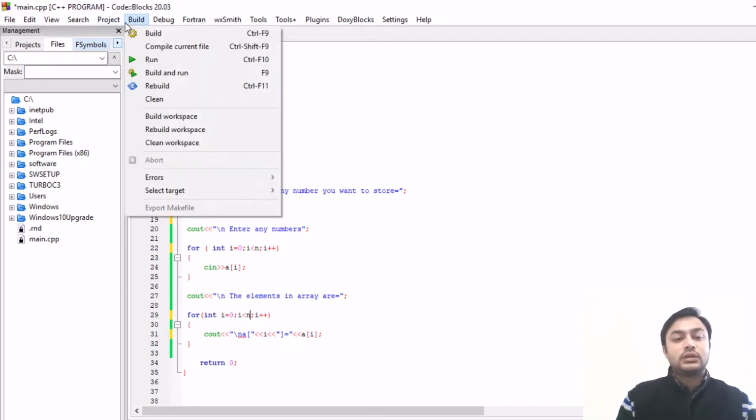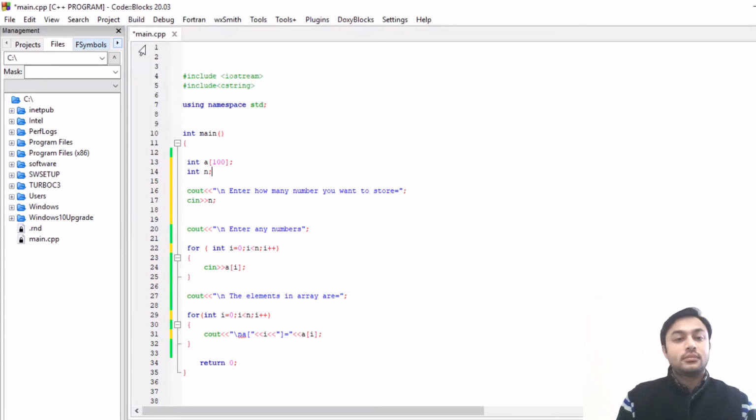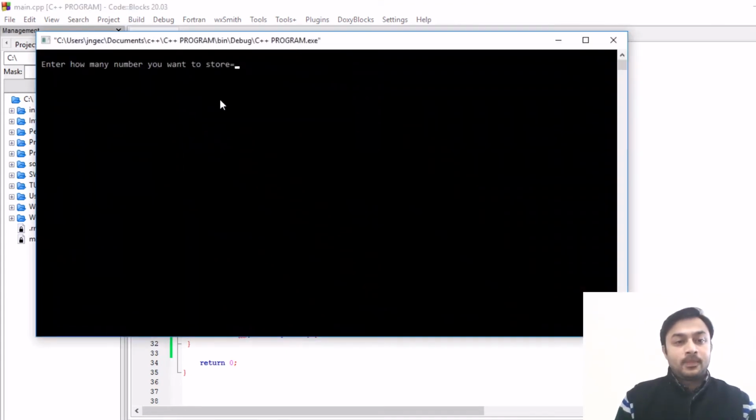So when you run this program, it is asking how many numbers you want to enter. Suppose I want to enter 10 numbers. So I have mentioned 10, so the n value will be 10. Now the for loop will be executed 10 times, with i less than n, and the n value is 10.